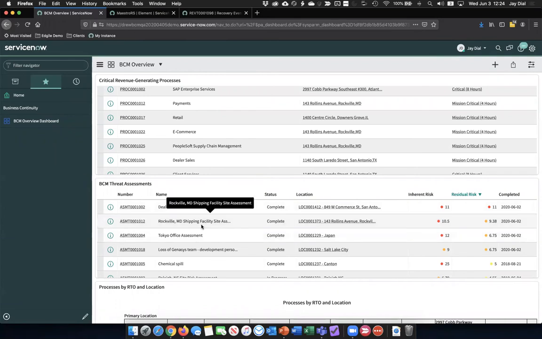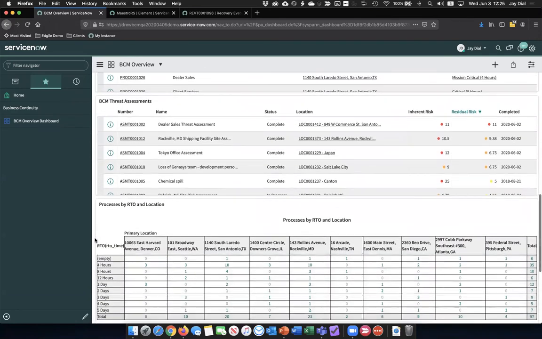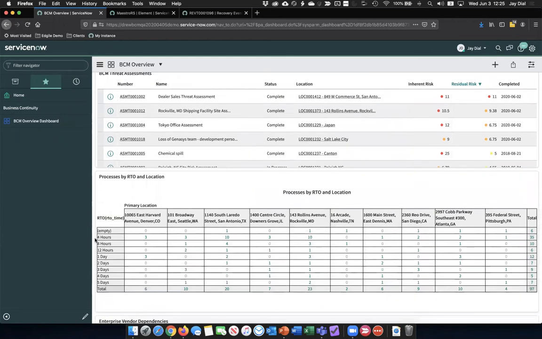And the other key threat assessment here is specifically for our Rockville, Maryland shipping facility. And they performed a site assessment to understand what would be the impact to our pick, pack, and ship group if that same scenario were realized. And again, those pandemic scenarios are obviously very applicable to what's going on in the world. And so it's this facility-based threat paired with this next chart that helped them understand their business was not well prepared. And so this Rockville, Maryland column here, and just to orient you on this chart,